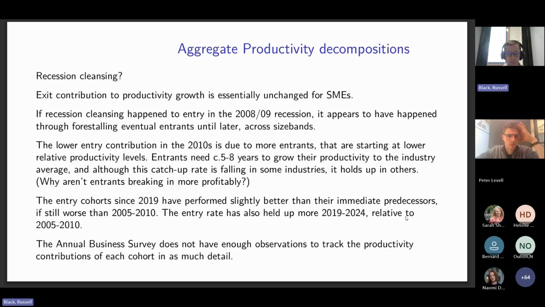This slide says what I just said. I just note, and this is coming from the VAT data. The annual business survey is not collecting nearly enough information on small young firms, but the small young firms all have to fill in VAT reports. Maybe the small young firms are filling in VAT reports in a more biased way than they used to, and that's what's being picked up. But that's the main driver of the aggregate productivity decompositions.